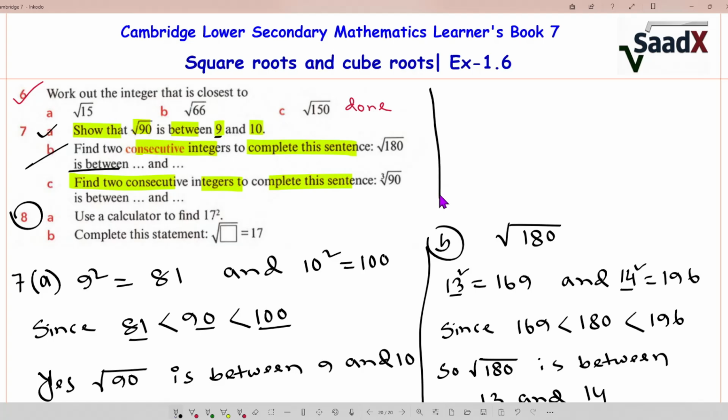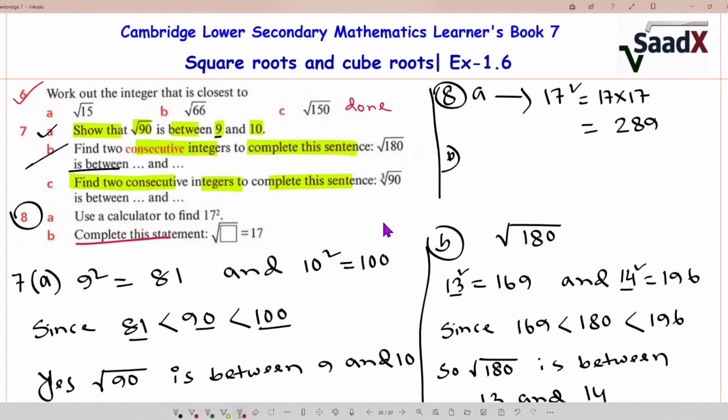Now our question 8. Number A, use a calculator to find 17 square. 17 square means 17 times 17. Our result is 289. We can use a calculator because we have permission. Number B,